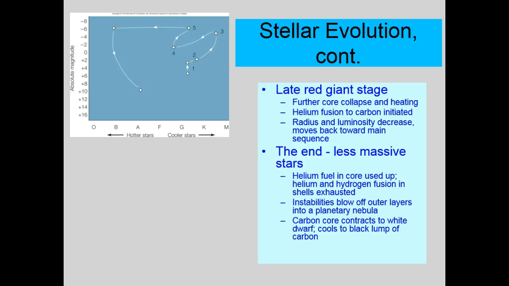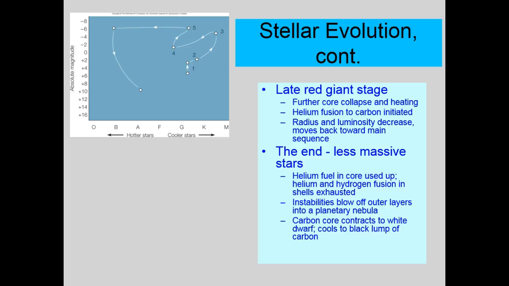Because helium has 2 protons, 2 neutrons, fusing together to become carbon, which has 6 protons, 6 neutrons. Now, it doesn't sound like that adds up right, except if you think 3 heliums combined to make 1 carbon. So that's a sort of a triple fusion. So when that happens, suddenly you have